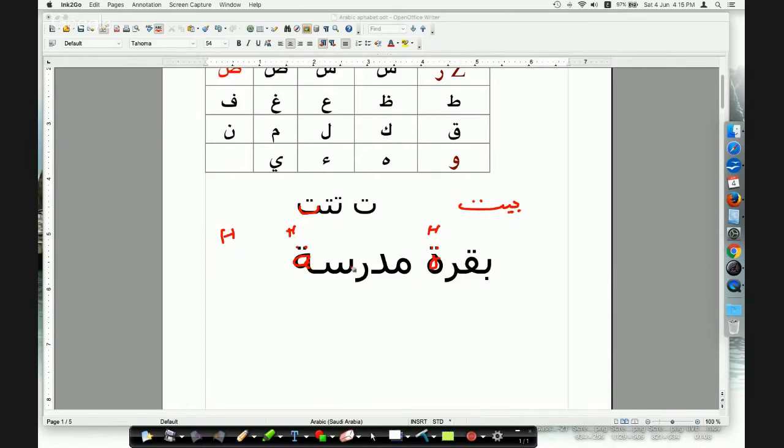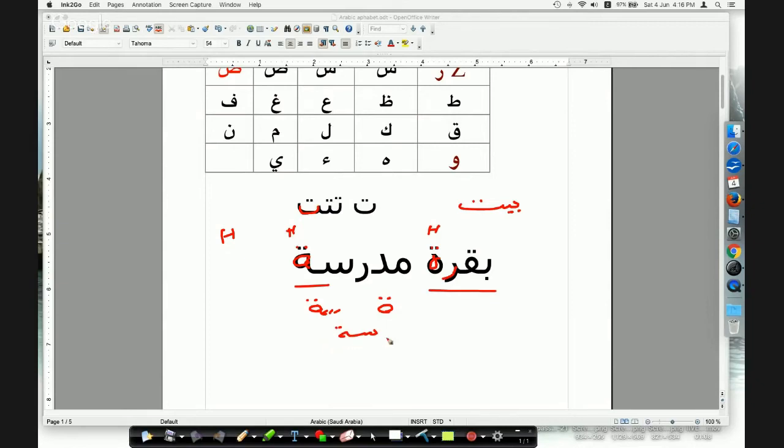Now what is the difference between this one and this one, and this word and this word? Nothing. Except that this one here is connected, this one is not connected. Why is it not connected? Remember, this is letter ra, which does not accept connection after it. And that is correct. This way we have to use to make a space, and then the ta will become like a circle with 2 dots. Here, because it accepts connection, we make the circle with 2 dots, and then we make a neck for it. We make it go up like the head of a snake or something, and then we connect it to the letter Sa before. So Sa,